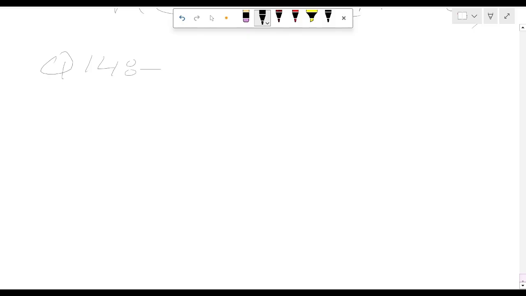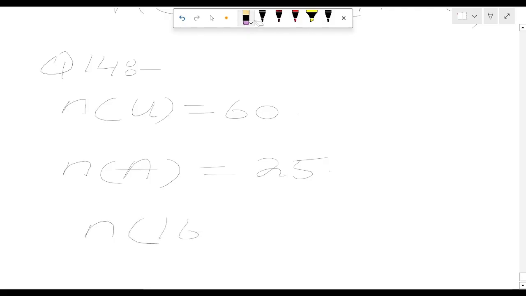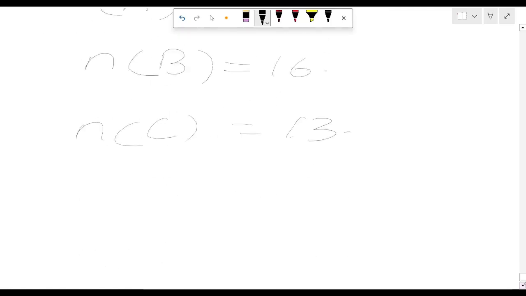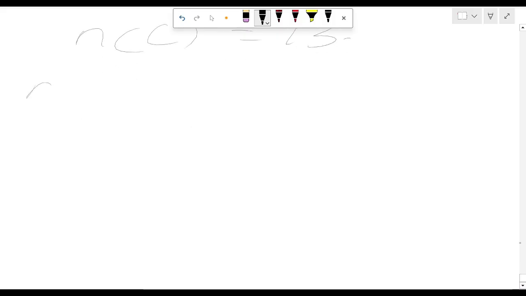Let's first write the universal set. The universal set is equal to 60. The number of people who watch channel A is equal to 25. The number of people watching channel B is 16. Number of B is equal to 16. After that, I will write the number of people watching channel C, that is 13. Okay, then we have the number of people that watch both channel A and B,